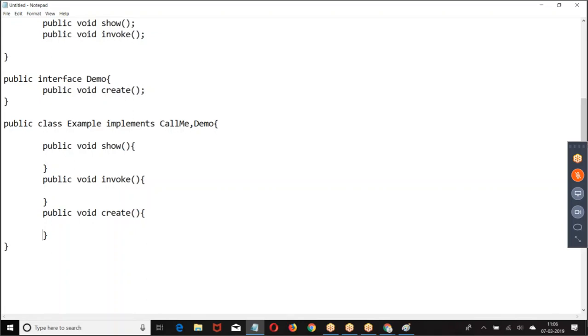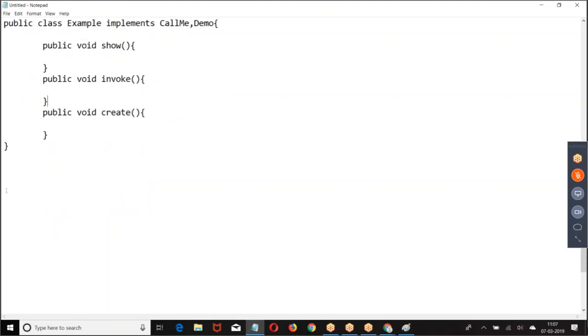When a class implements an interface, it has to define every method we have in the interface. Right. The class is implementing an interface, and it is defining every method in the interface. A class can implement how many interfaces? More than one interface. Okay. This is the basic story.